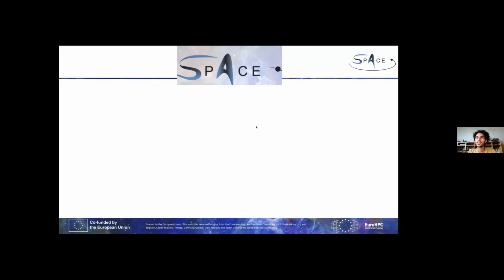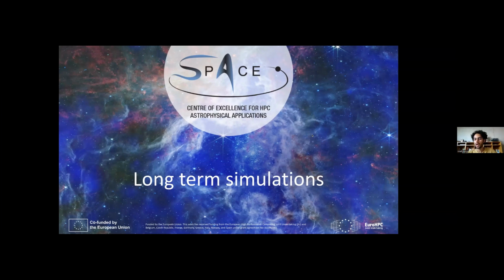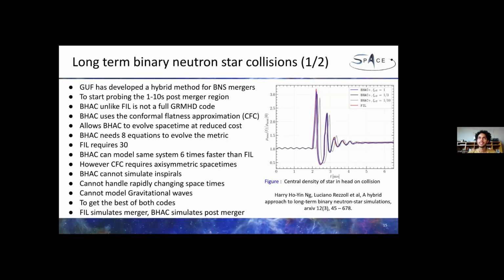Okay. Let me just do the introduction for Georgios then. Like I said, we want to do long-term simulations, so that's 1 to 10 seconds post-merger. And within the Goethe University group, we've been developing a new way of doing this. Also, my colleagues have been developing a new way of doing these long-term simulations using a hybrid model that combines